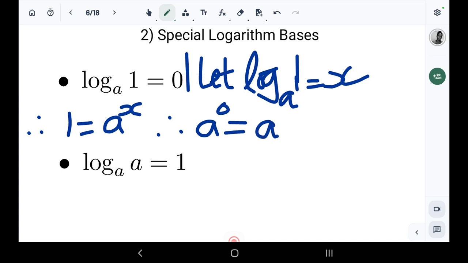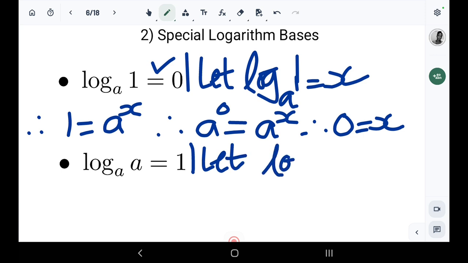So that we can have a situation where we've got powers of the same base that are equal. And therefore, you just simply equate the exponent. Therefore, 0 equals x. And that's how you prove that. Number 2, you let